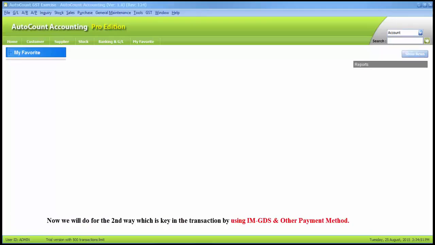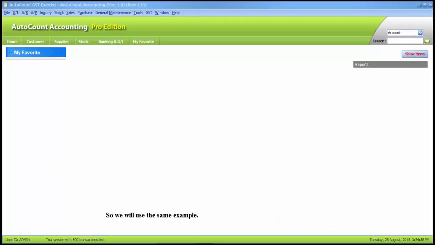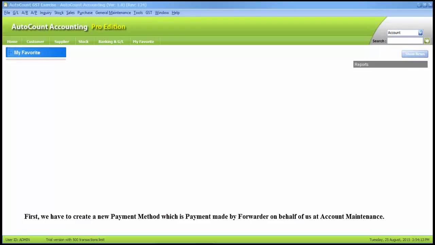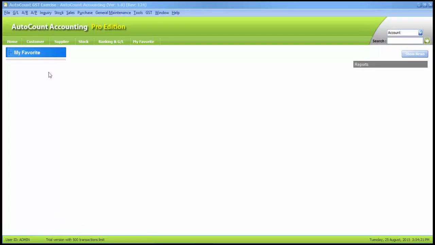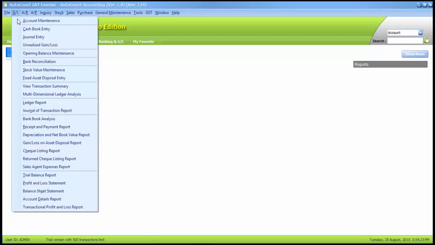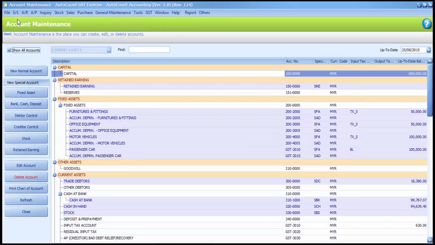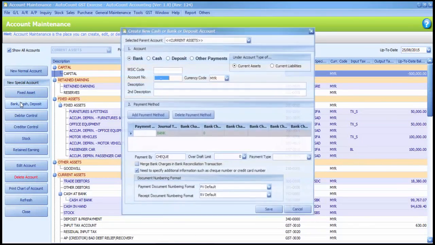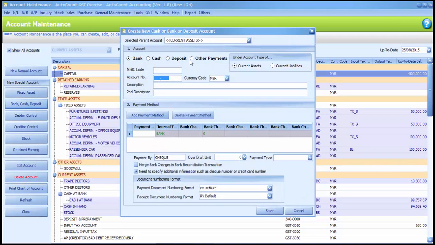Now we will do the second way, which is to key in the transaction by using IMGDS and other payment method. So we will use the same example. First, we have to create a new payment method, which is payment made by forwarder on behalf of us, at account maintenance. So kindly go to GL, account maintenance. So kindly click on bank cash deposit and select other payments